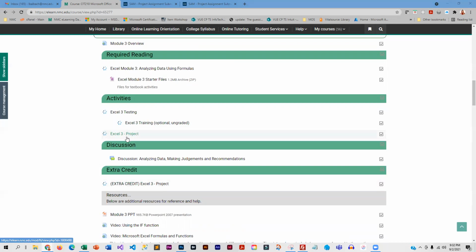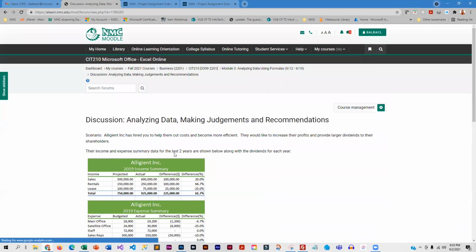Let's see, once you finish the project, you can do the extra credit, which is basically another project, very similar to the first one. And then you're going to go in and do the discussion exercise. The discussion exercise is geared towards our general education outcome of quantitative reasoning. So part of quantitative reasoning is the ability to analyze data and make judgments about that data and recommendations. And so you're given a scenario